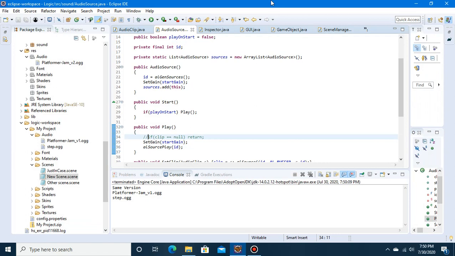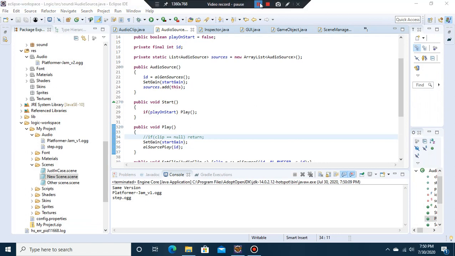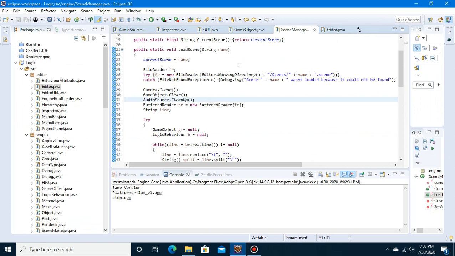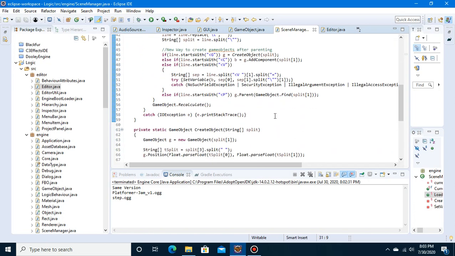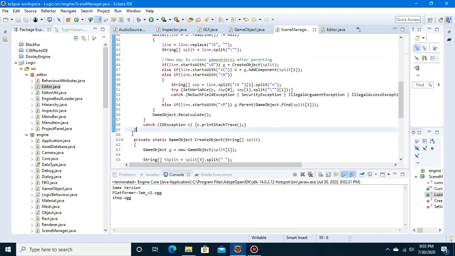Okay, I'm gonna figure this out really quick just so I don't take up another hour. Hold on. Okay, after all this time, figured out the answer. Well, for one, we also need to clean up. So under load scene and scene manager, underneath game object at clear, we need to clean up the audio source, just because those audio sources don't exist anymore, so we actually need to clean them out and then start fresh again. Down here, I removed that game object .play all,